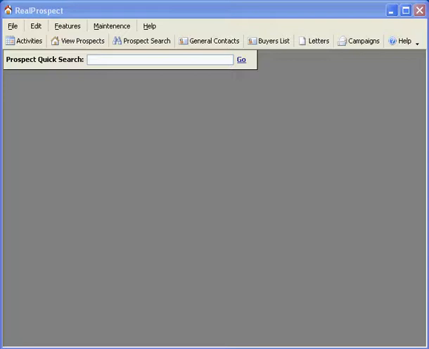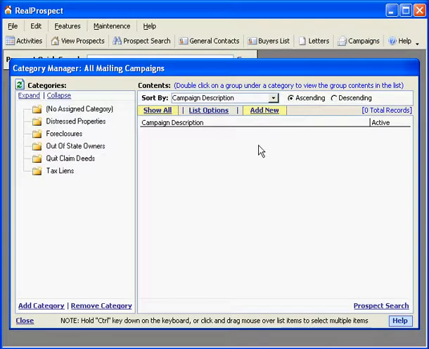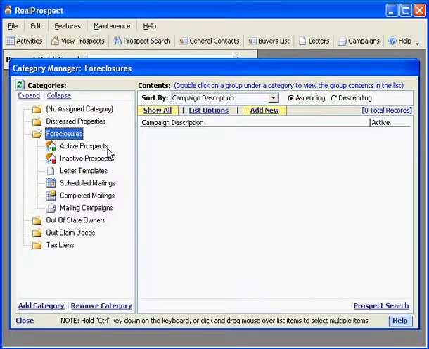In this video, I'd like to show you how you can use RealProspect to really ramp up your direct mail marketing campaigns and automate the entire process. The RealProspect campaign management feature starts with categories. Essentially, the category, like here I have foreclosures, that's my foreclosures category. It contains all the active prospects, the letter templates, and the campaigns for that particular investment strategy or targeted list